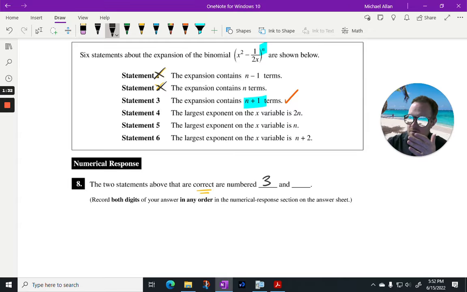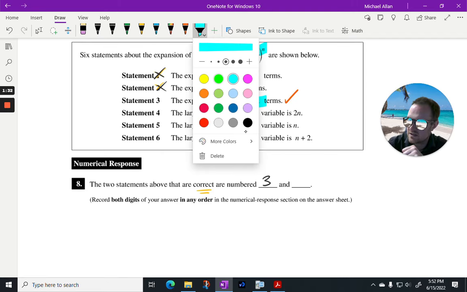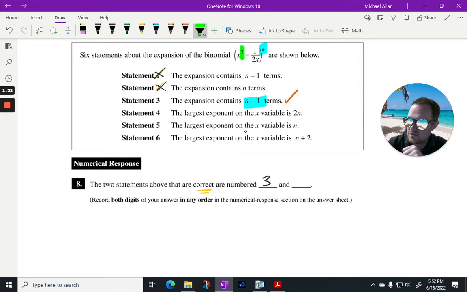Using some logic, the closer to the beginning, the bigger the exponents would be. That's probably going to be the first one. So the first term, T1, is going to be nC0, x squared to the power of n minus 0,